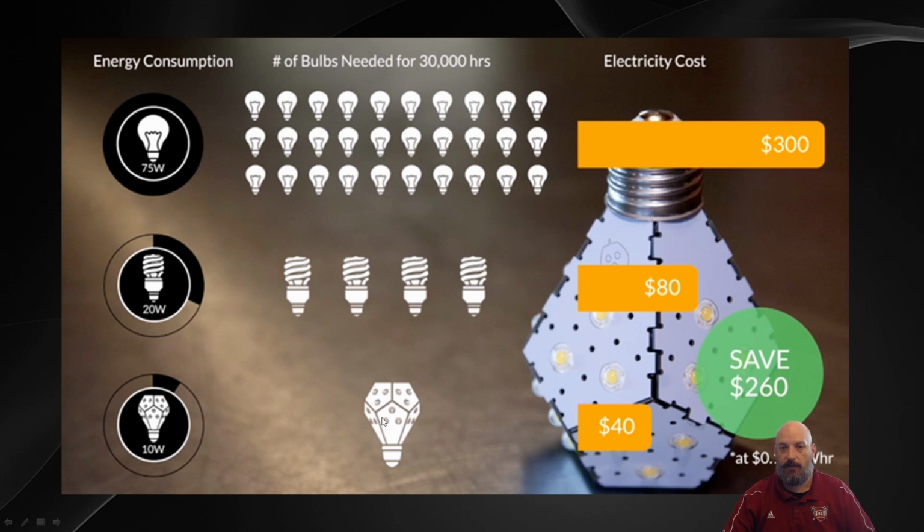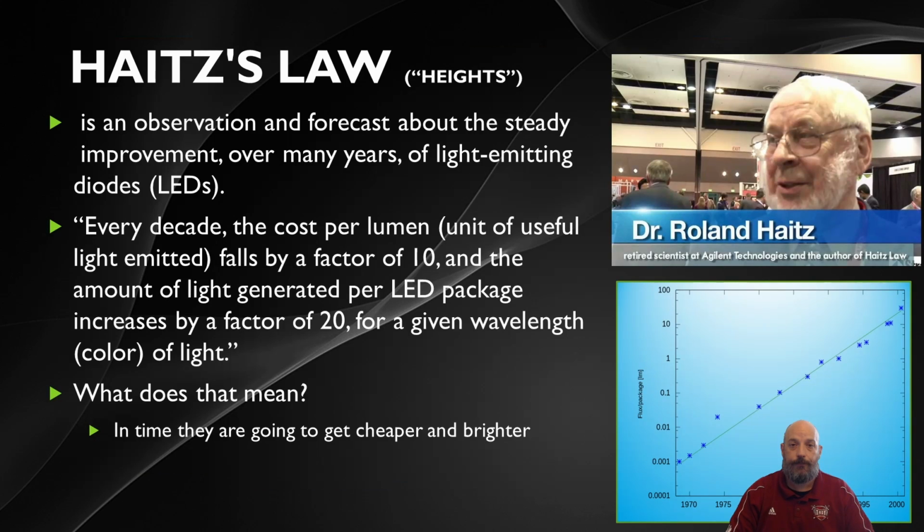Now, because of this, this bulb is going to be more expensive to manufacture than the fluorescents, which are more expensive than the incandescents. But the basic idea is they can be just as bright, if not brighter. They can last longer. And in the long run, they're cheaper to have because you don't have to buy as many when one breaks. And so one of the things that has come out of this type of technology was